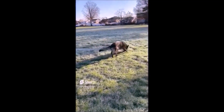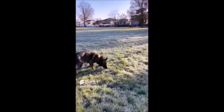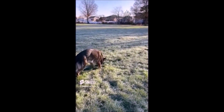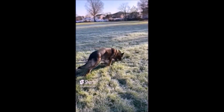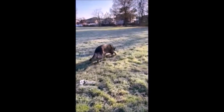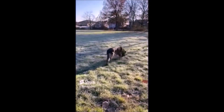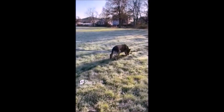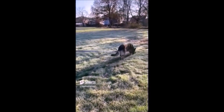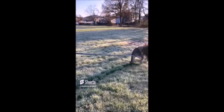Tracking is also a component of Schutzhund. This dog will lie down to indicate an article that has been found, and this is a form of olfactory obedience. Why is this important? Well, every dog has a good sense of smell, but what you're showing and teaching the dog here is how to persist in the face of adversity and to keep on a scent, doing footstep tracking until you find the object you're looking for. Such tracking and genetic selection for olfactory obedience is useful, for example, in our search and